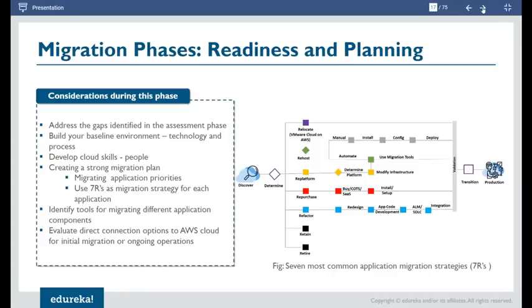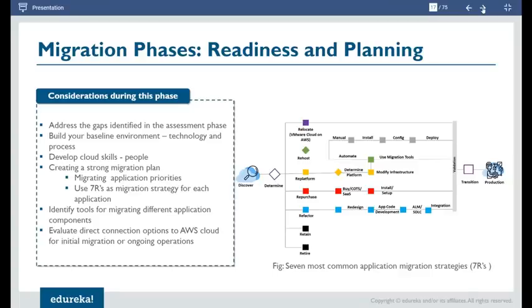And how ready are you to go ahead with this migration activity? You check that. Okay. Are you going to use any third party tool? Are you going to use AWS tool? What is the approach which you're taking? Do you have enough skilled people who can perform this migration? If not, are you going to leverage any third party? Are you going to leverage any AWS professional services to perform this migration on your behalf? So all of that is what you check under your readiness and planning.